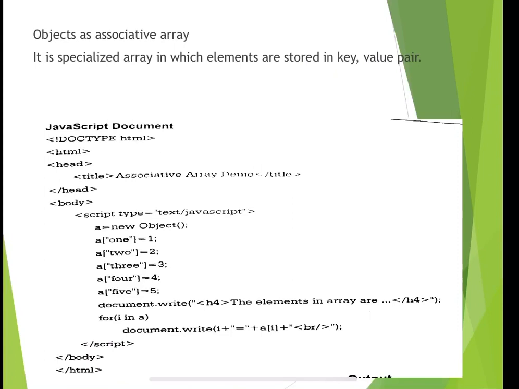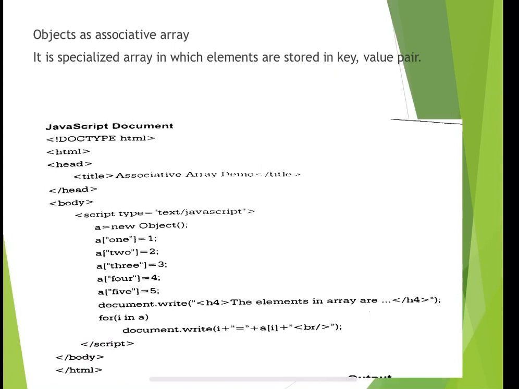First is doctype HTML, then head tag, open title tag, "associative array demo", close the title tag, close head tag, open the body tag and open the script tag. Create a new array where a is equal to new Array. So it's not an object array, we are creating the object of an array, an associative array. So a of, in double quotes, "1", that is we have given a string as an index. So you have to use double quotes for it.